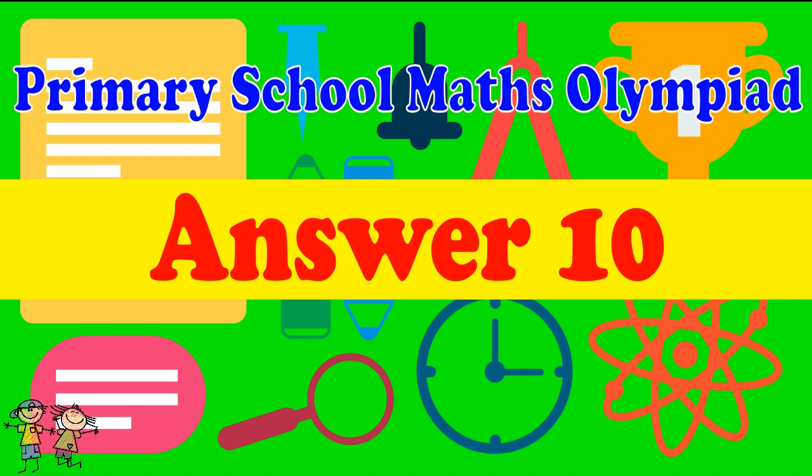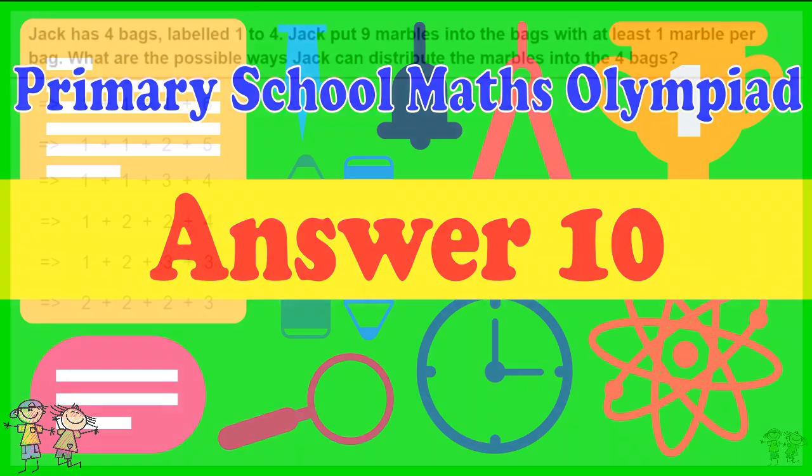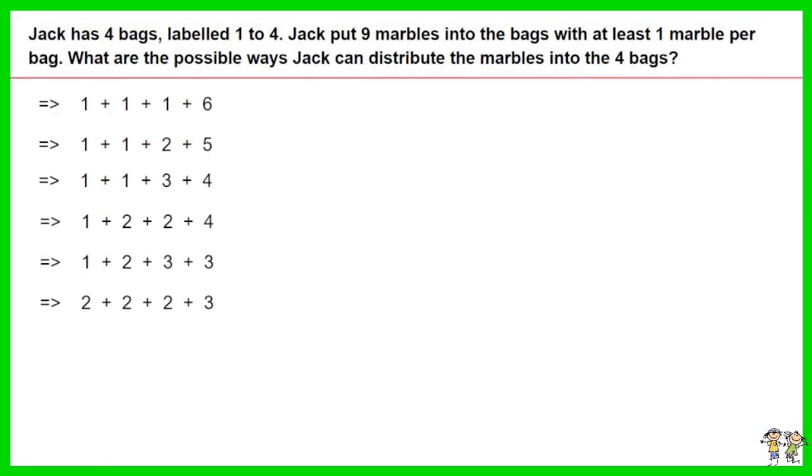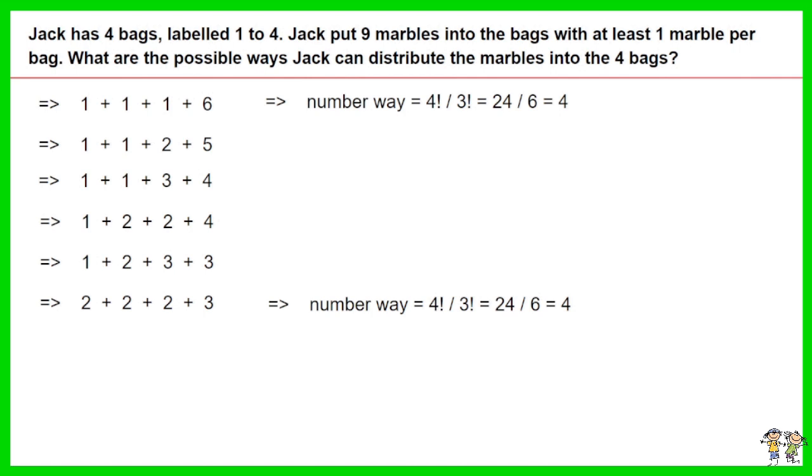Answer for question 10. The marbles can be distributed into bags 1 to 4 based on the 6 combinations, as shown. For the first combination and the 6th combination, where 3 of the 4 numbers are the same, the number of ways